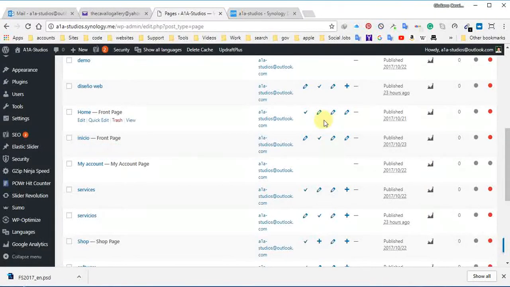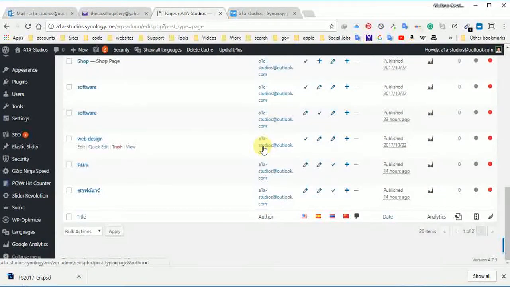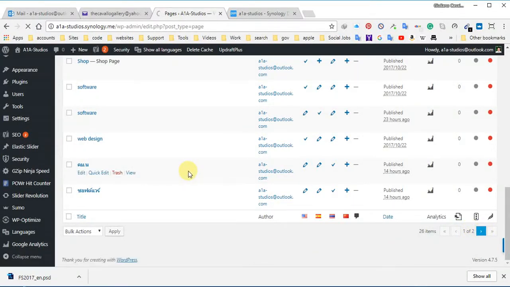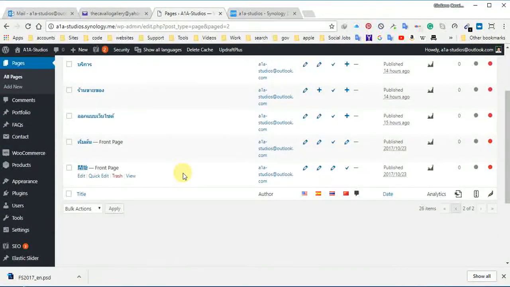Same thing for Inicio, which is home page, and then let's see the home page for Thai. Same thing here, so correct. Same thing for the home page for China. Okay, so